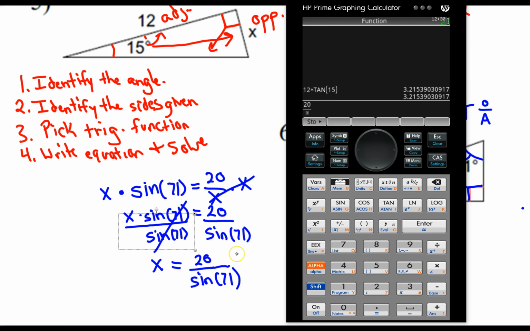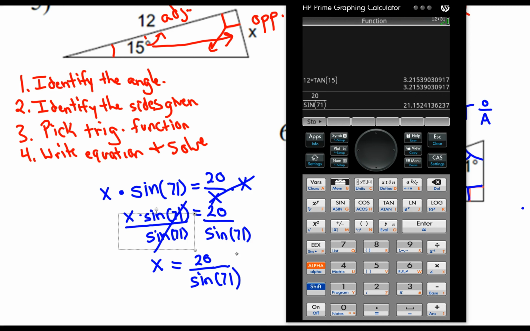So we see 20 divided by. We're going to press sine, then we're going to press 71. Now you guys, again, you've got to press that close parentheses button. Mine automatically closed on this calculator, but on yours, just press that close parentheses button. So we do that, we solve that, and we get 20 divided by the sine of 71 is